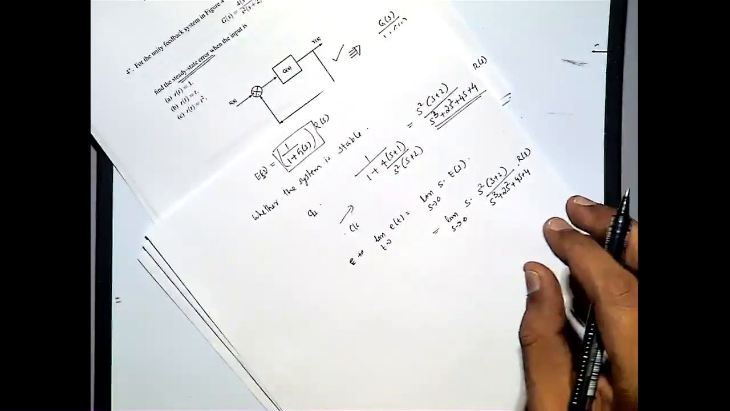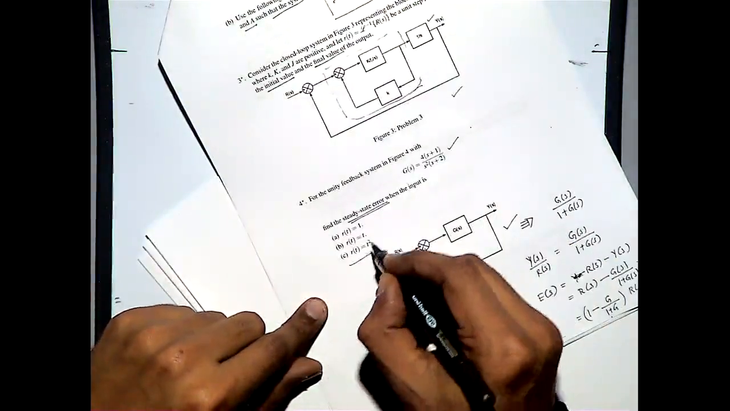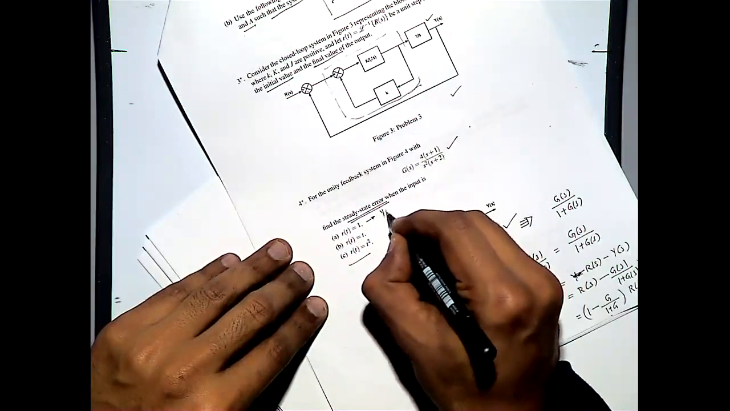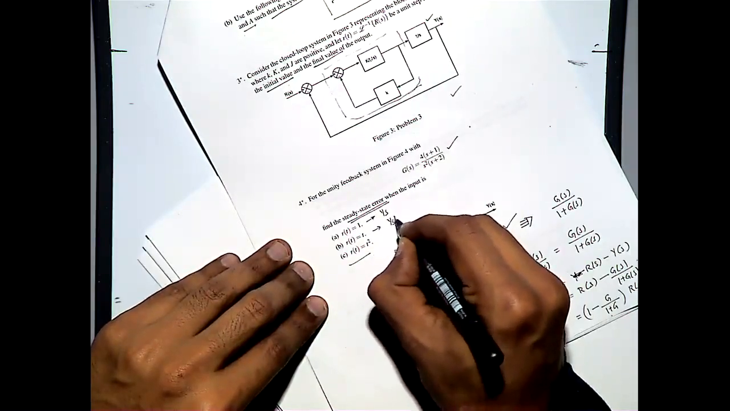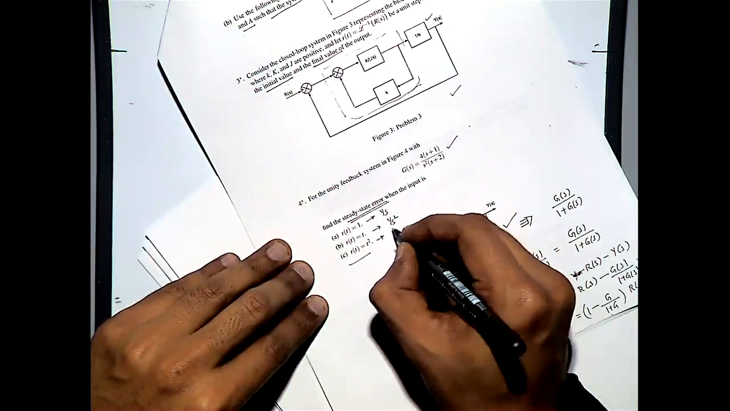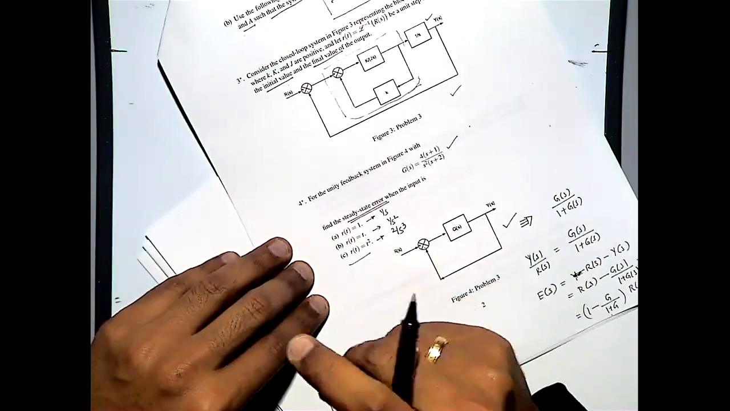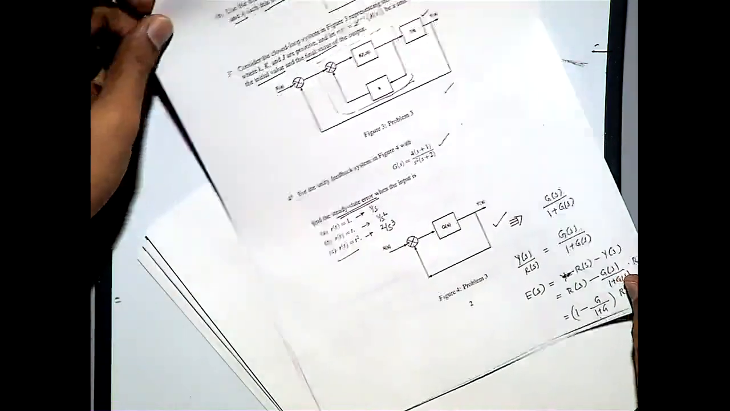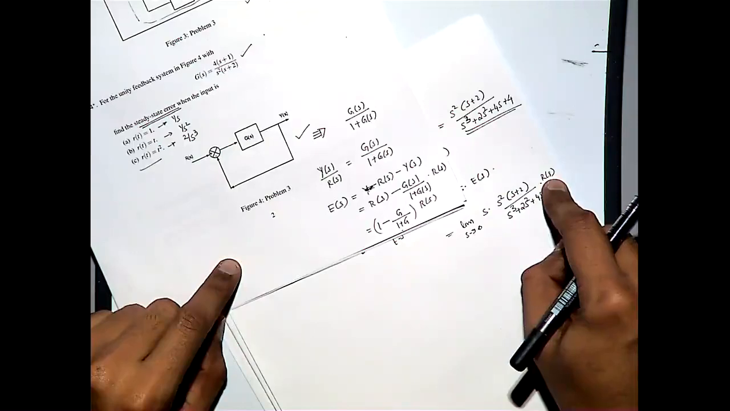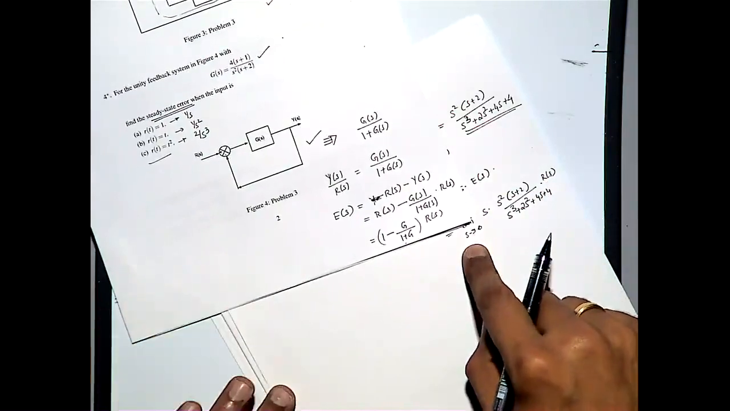In the question, you are given 3 different r of t. So r of s for this one will be 1 by s, this one will be 1 by s square, and this one will be 2 by s cube, right? So what you need to do is substitute each of these values here and compute the value for s goes